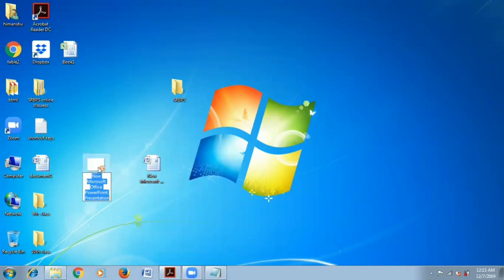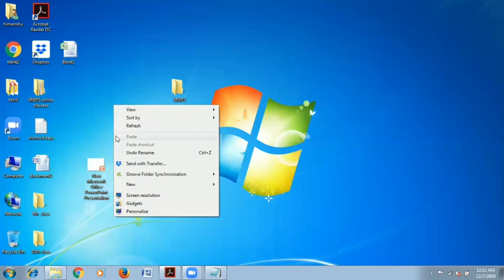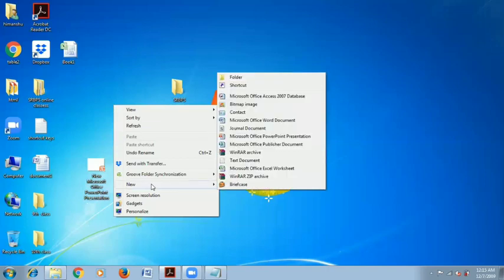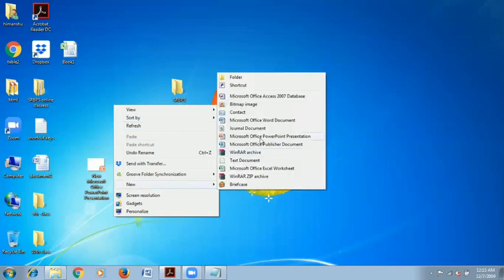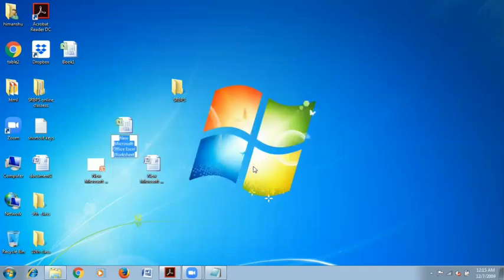Okay, one PowerPoint file is there. If you wanted to open any workbook, here you can select Excel.